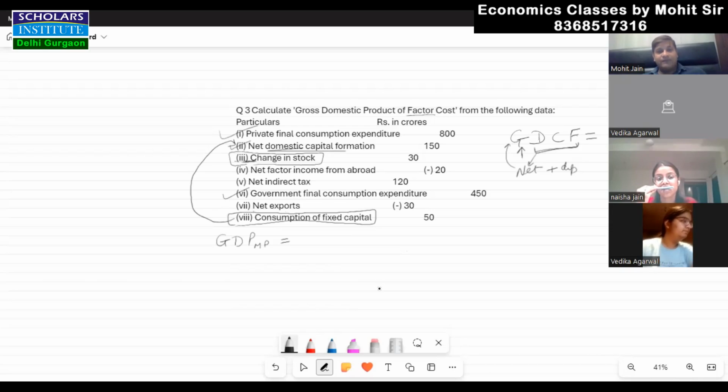ठीक है, तो सबसे पहले प्राइवेट फाइनल कंजम्पशन एक्सपेंडिचर, वो 800 है, वो लिख लिया हमने, प्लस गवर्नमेंट फाइनल कंजम्पशन एक्सपेंडिचर वो 450 दिया हुआ है, वो लिख लिया हमने, प्लस ग्रॉस डोमेस्टिक कैपिटल फॉर्मेशन चाहिए, दिया आपको नेट डोमेस्टिक कैपिटल फॉर्मेशन है जो कि 150 है, वो तो ले ही लेंगे हम, और उसमें हम ऐड करेंगे डेप्रिसिएशन, नेट से ग्रॉस में चला जाएगा, तो ये 50 ऐड कर दिया हमने इसमें। ठीक है, प्लस हमें नेट एक्सपोर्ट चाहिए, वो दिया ही हुआ है -30।